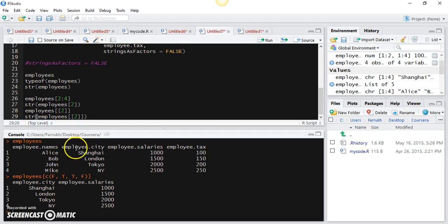So we've seen that from a given data frame we can extract multiple columns, and in this video I would just like to show you how you can not only extract these columns, but you can also retrieve multiple rows at the same time. So using this statement, we can extract column number 2, column number 3, and column number 4 from the data